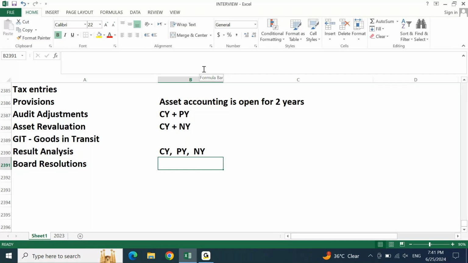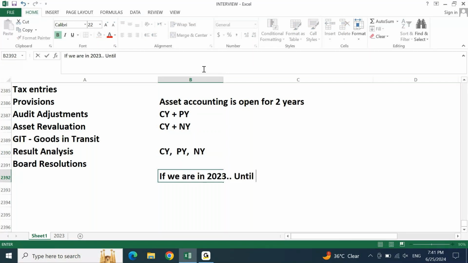Which are those 2? Current year plus previous year. Now this logic, how will it work? For example, if we are in 2023,